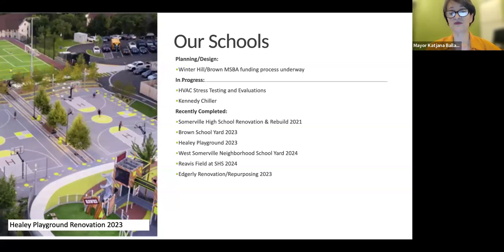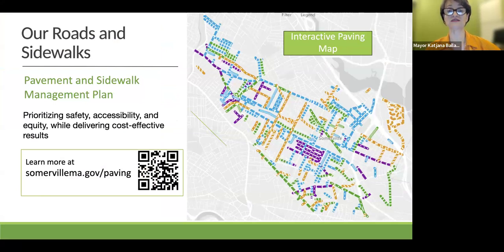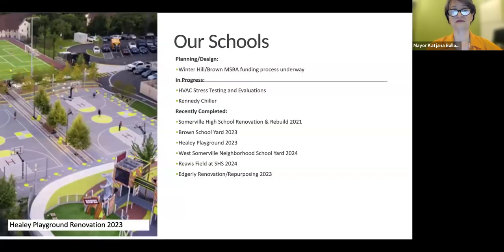I won't read off every project listed, and these are just samples. These lists are not complete, and I'll start with our schools because of their central importance. It is our responsibility to ensure our students have schools and resources they need to learn and thrive. Quality facilities are essential to that.